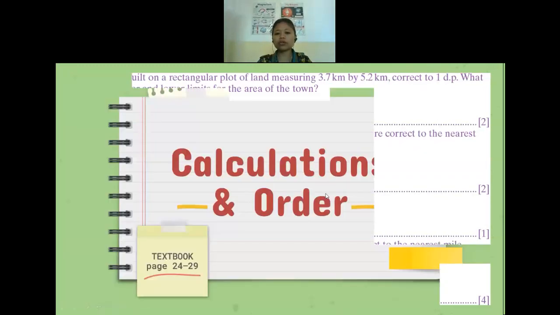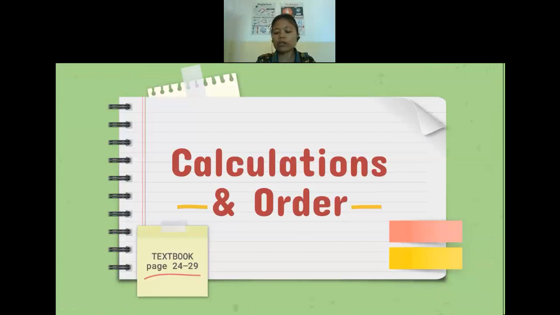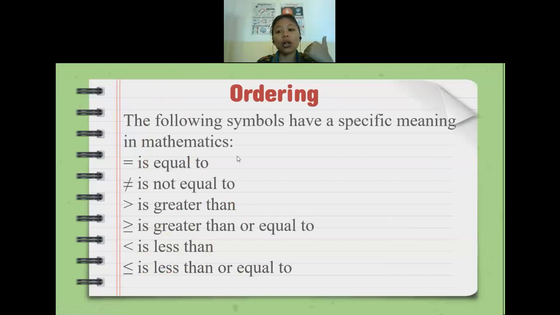Yes, we are going to do the calculation and ordering. In calculation and ordering, usually you will not be allowed to use a calculator. The calculator will be used only for checking your answer, because later in IGCSE equations there will be written: do not use a calculator. If it says do not use a calculator, it means you have to show the steps completely. If you do not show the steps completely, people will think that you only used the calculator, and your marks will be deducted. So later, if any question mentions do not use a calculator, please kindly show all the steps.